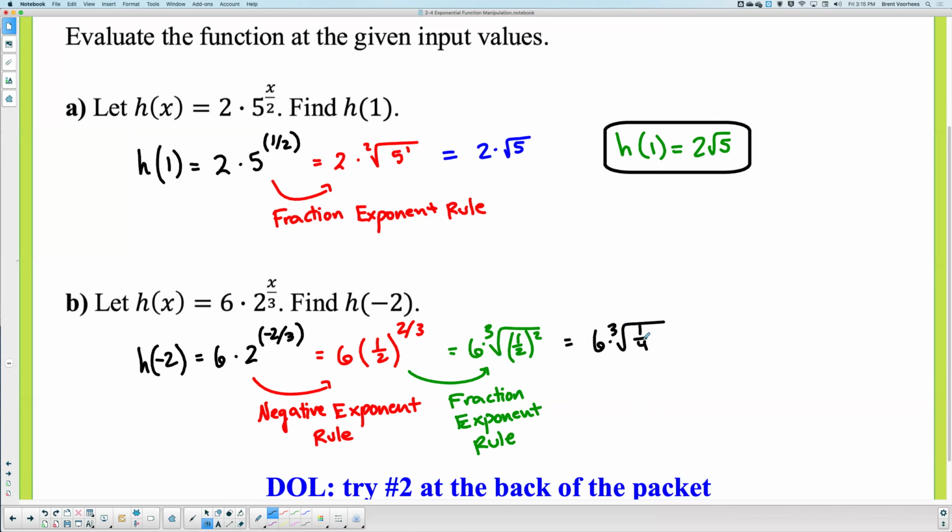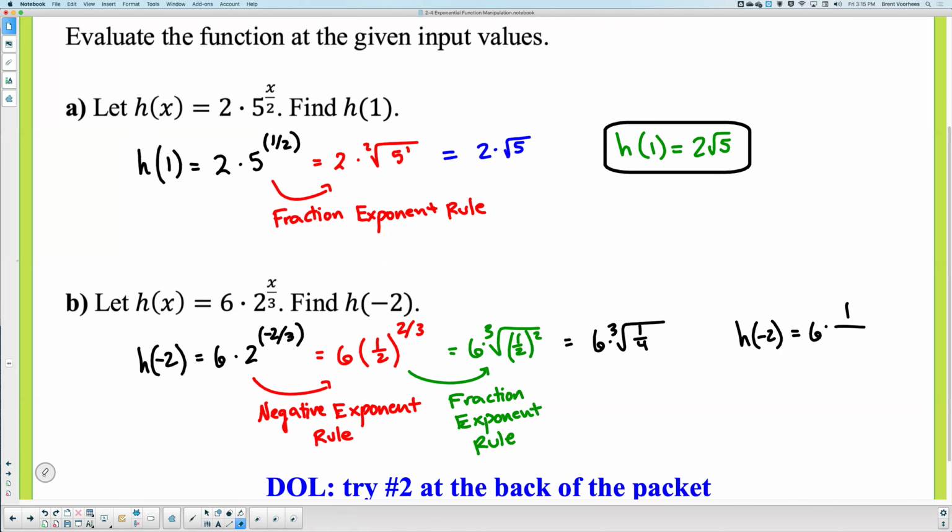And if this were a square root, we could simplify that, but it's not, it's a third root. So I don't know how that simplifies, so I'm going to have to leave it as h of -2 equals 6 times the third root of 1/4. You know what we could do if you wanted to? We could simplify the third root of 1/4. I could do it like this. 6 times